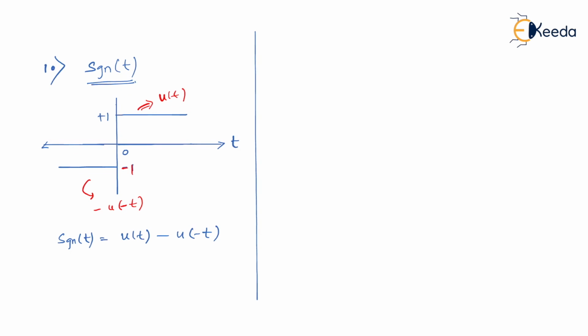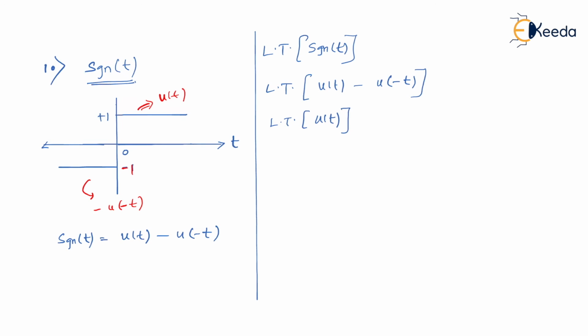So if you want a Laplace transform of signum of t, then this is equal to Laplace transform of u of t minus of u of minus t. Or I would say it is simply Laplace transform of u of t minus of Laplace transform of u of minus t. So now individually for u of t it is simply 1 by s, where sigma greater than 0 is the ROC. Then we have a negative sign here. Let us copy this. For u of minus t we have minus of 1 upon s, where sigma less than 0. Let us see whether the given Laplace transform is valid or not.